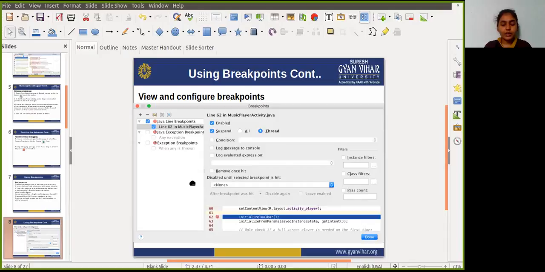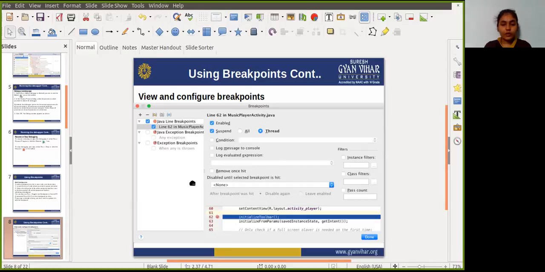If a breakpoint is disabled, Android Studio does not pause your app when execution reaches the breakpoint. Select the breakpoint for the list of its configuration settings, and you can configure a breakpoint to be disabled at first and have the system enable it after a different breakpoint is encountered.